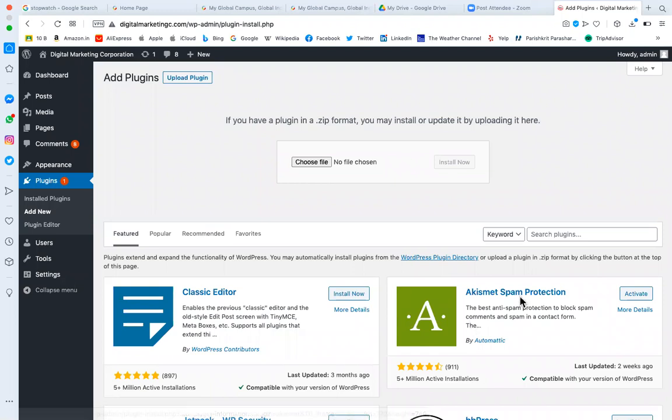Once you upload it, there is an option for install, and then there will be an option of activate. Once you have installed and activated it, that plugin will start appearing somewhere on the left side. You click on that plugin and do the right settings so that you can use that feature on your website. So there is no end of plugins; you have a library of plugins.